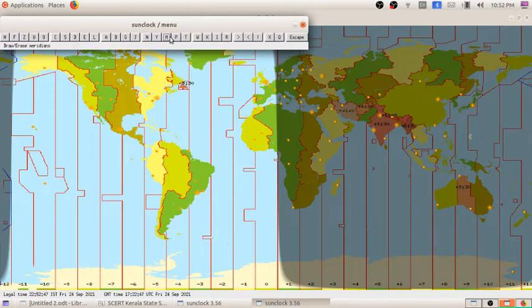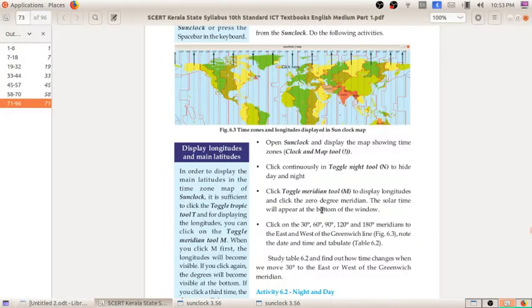Sorry, the toggle night tool is N. I am saying this, some mistakes were there. The second step is click continuously in the toggle night tool to hide day and night.